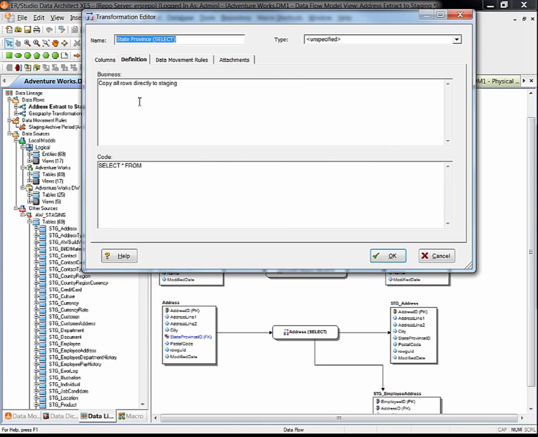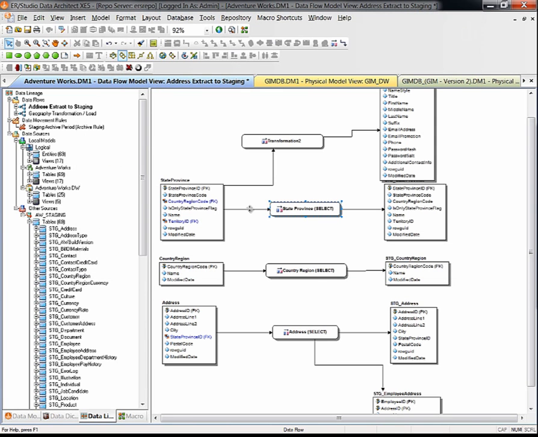And then you have your definitions, which give you a business definition describing what's happening, so that everybody can read it and understand it. And then the code, which is the code itself to move the data from one to another. So this is just a very simple